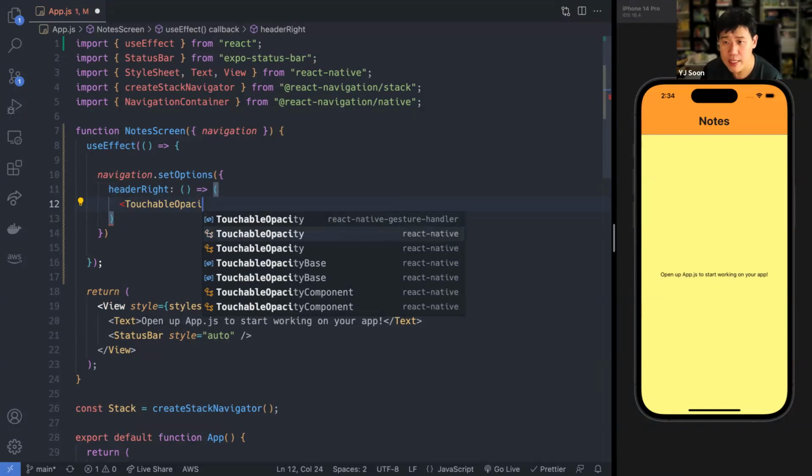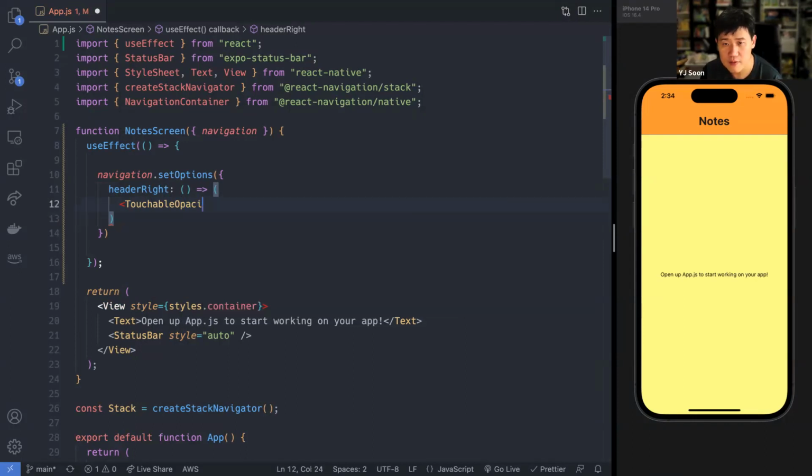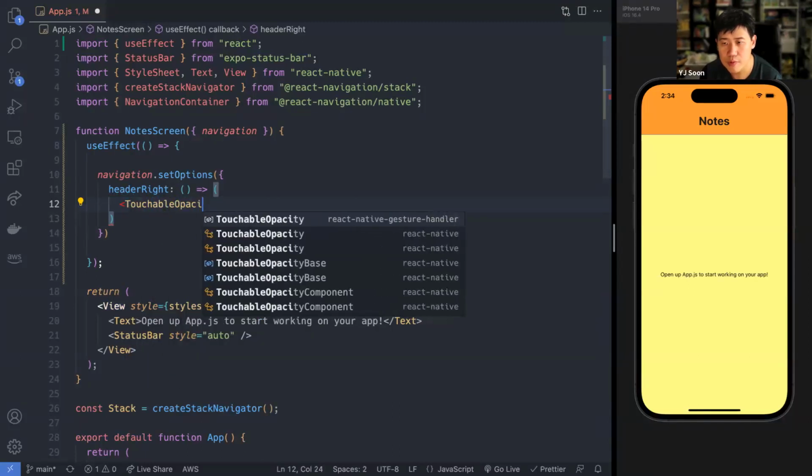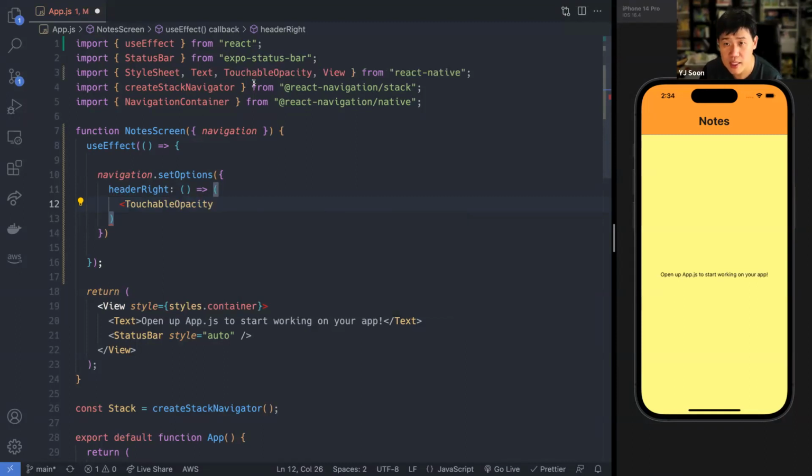The problem is there's a TouchableOpacity from React Native Gesture Handler, which is not the one you want. You want the one from React Native. Press down, then press tab, and you notice that it got imported. TouchableOpacity onPress equals addNote.